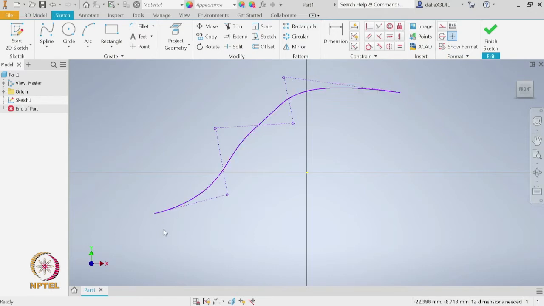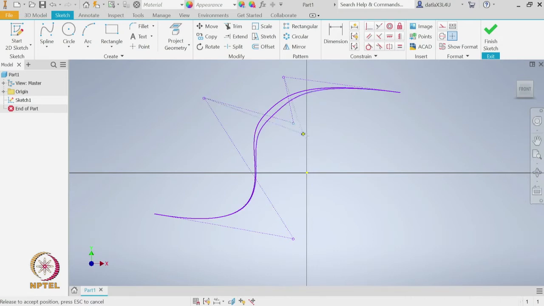After you create a spline curve, you can always modify it by simply going to one of these control vertices and moving it. Previously, as I mentioned, if you move a control point, the curve tends to move with the control point and tries to go closer to the point. So, like this you can control the shape of the curve.